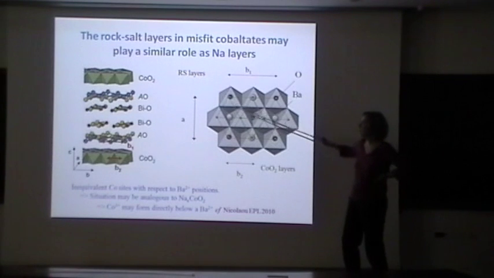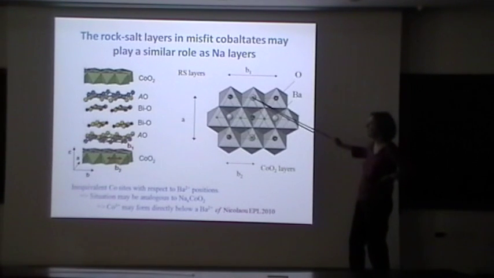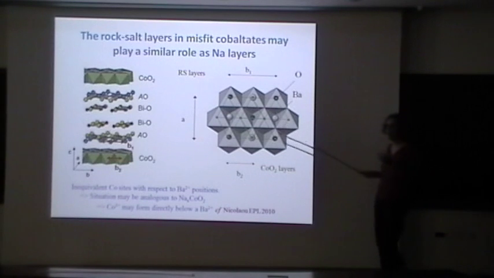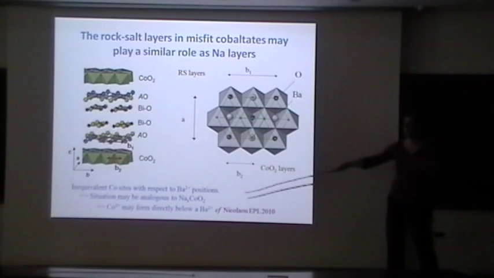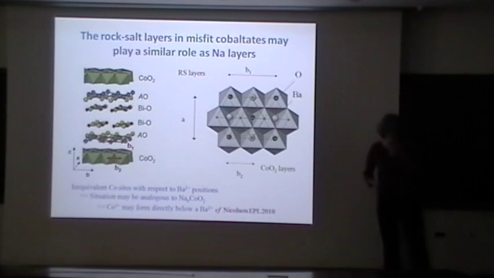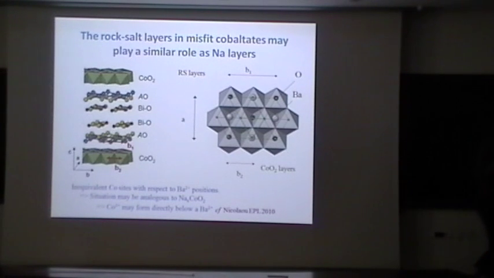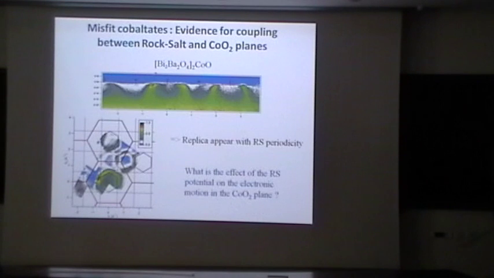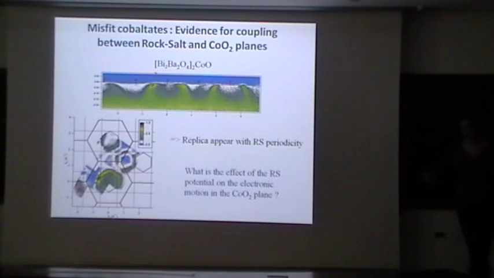If you have this triangular array of cobalt here, some cobalt will sit directly below or above a barium atom, and some cobalt will be in the triangular array of atoms. So this could create a difference between the different sites that will also modulate the charges in these planes. We don't have direct evidence that this is indeed happening in these planes. What we see is that there is some influence of the Russell periodicity on the structure of the